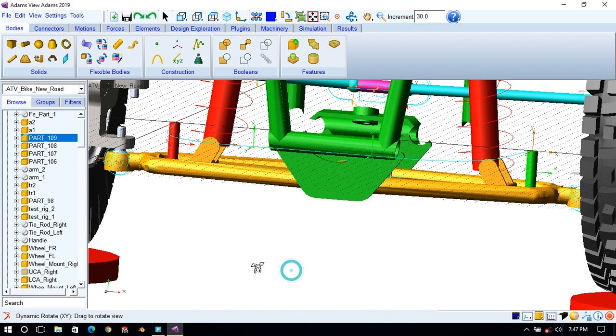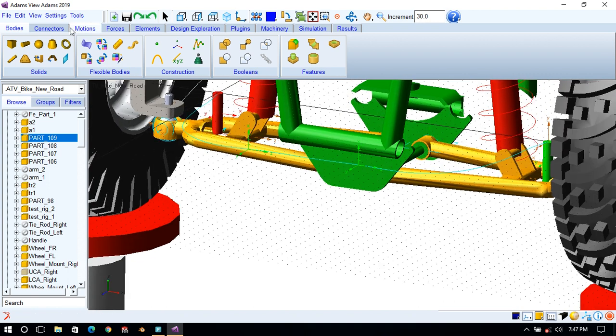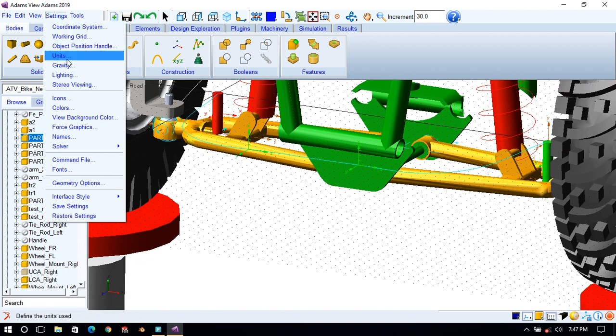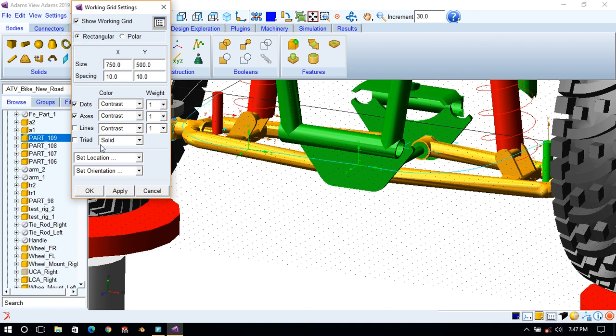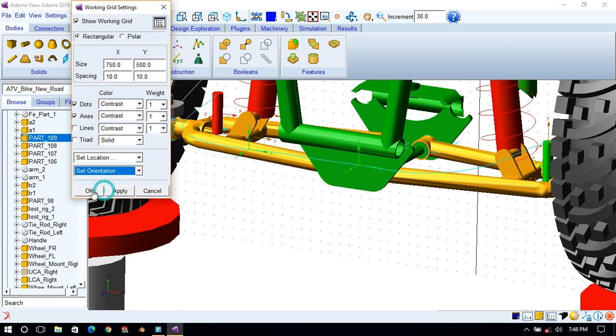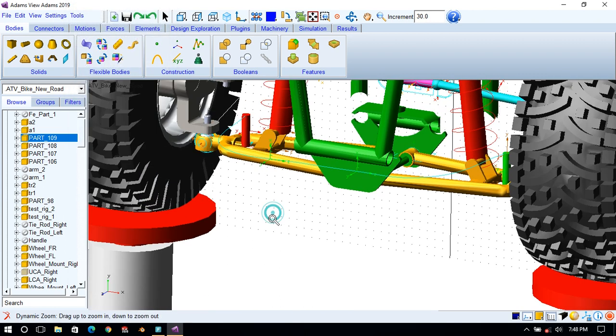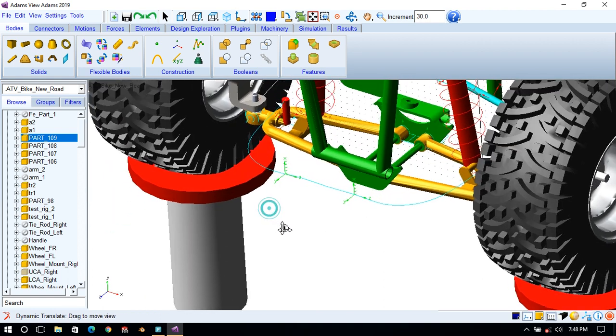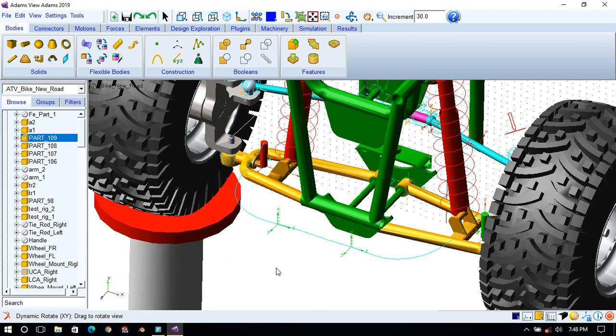So now we will change the setting of grid. Our work is now finished. So set location as the global origin and orientation as XY, the original one. So now go to the FE part. What I have done, there are 2 markers available. If markers are not available, don't worry, I have created that.